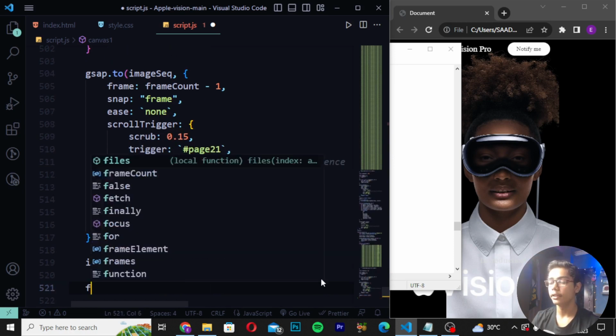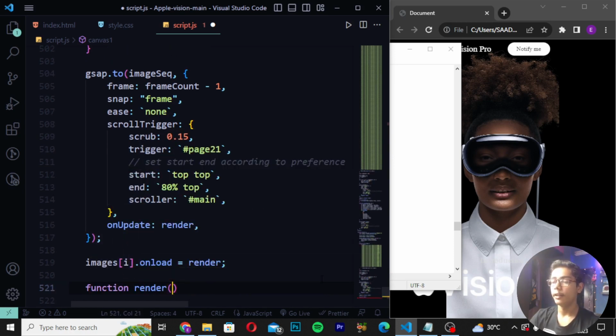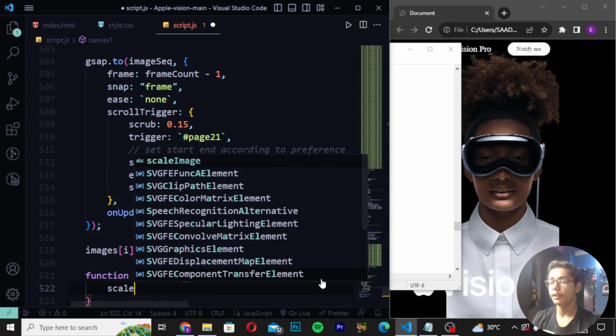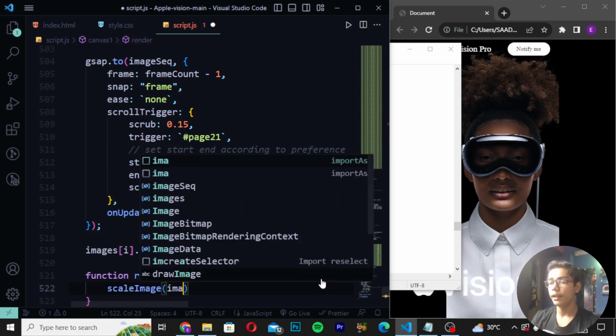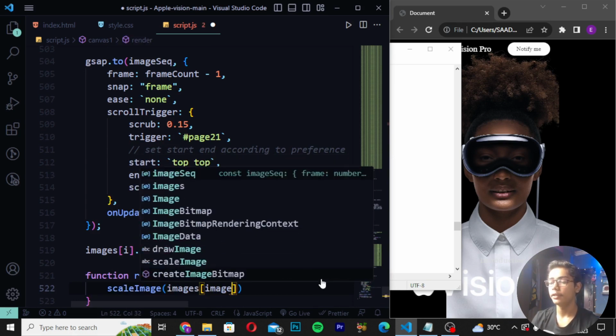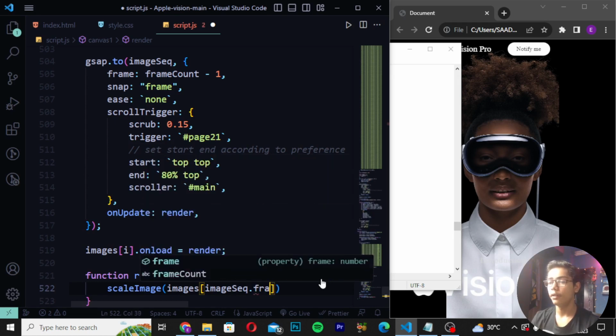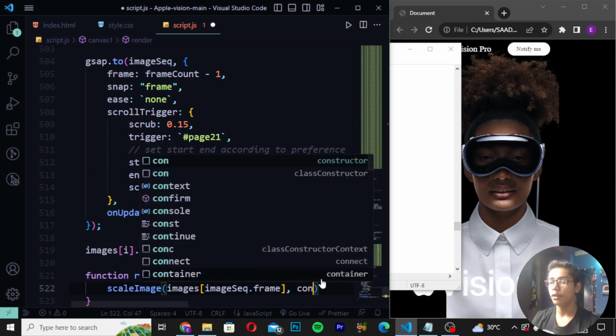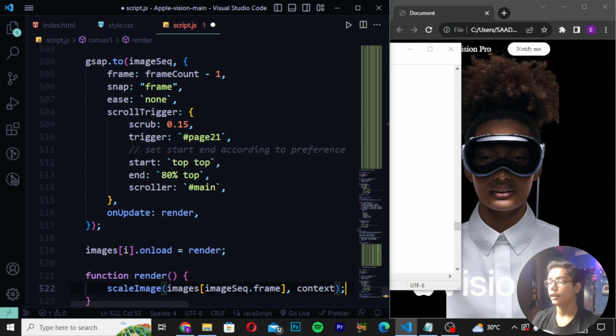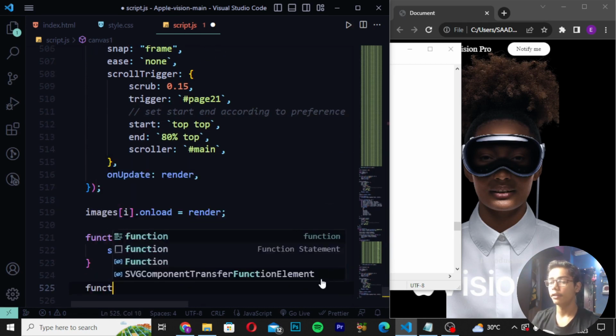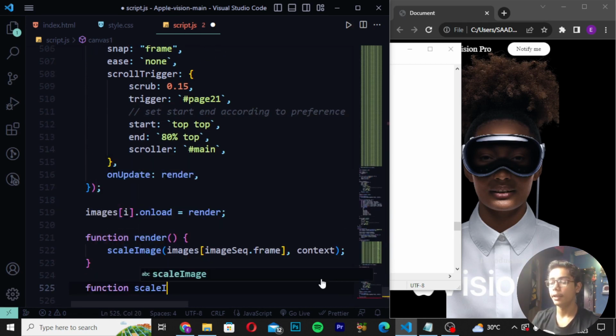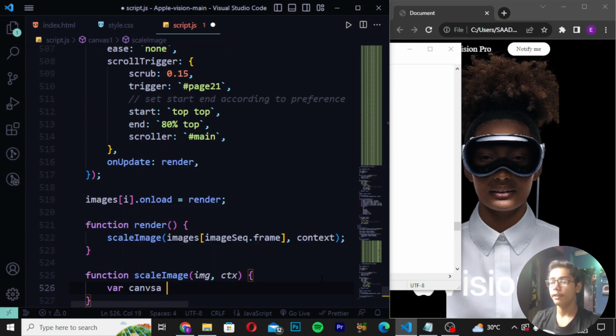Then you have to close this, write here function render, make this bracket, and then here you have to write scale image, and here I will be writing images. Then you have to now write here image sequence and write here dot frame, then create here comma context. So here I will be writing close this, and then here I will be writing function like this and write here scale image, and here I will be writing image comma ctx and write here var canvas,